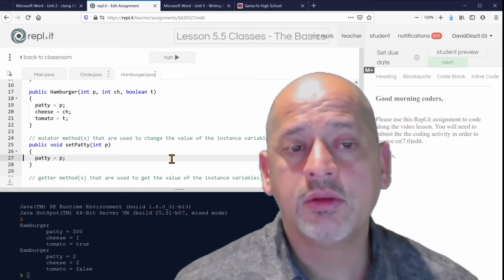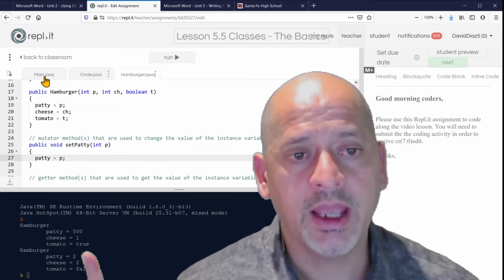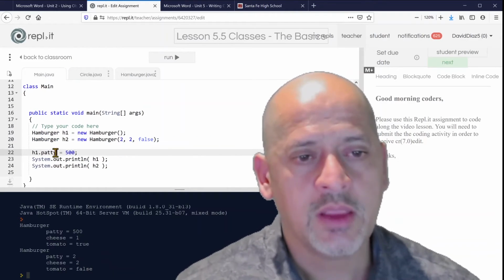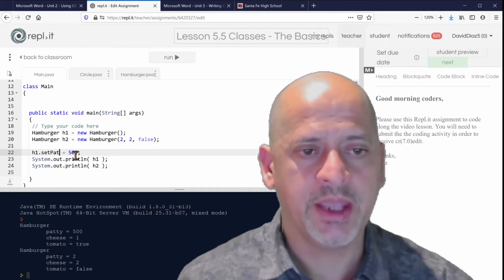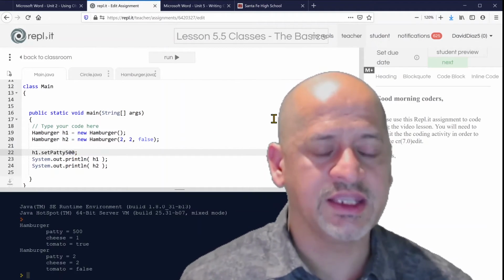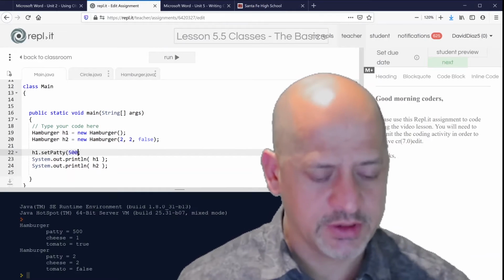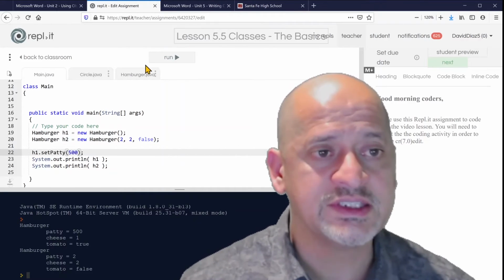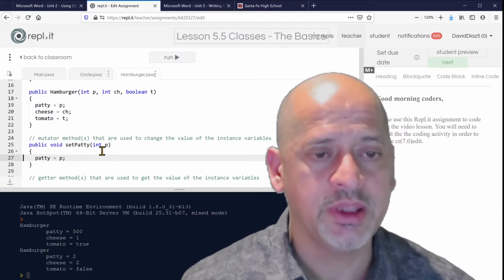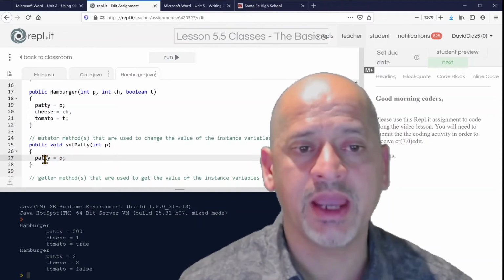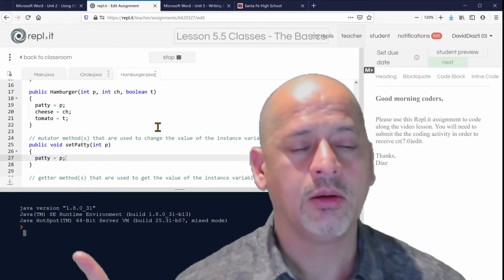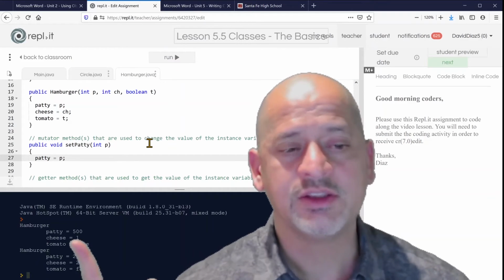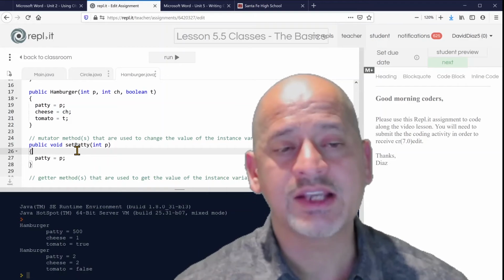But we don't want it. So in this case, if we go back and now we use this, that's going to be a method. H1 is going to be set patty, and we are going to send in the argument of 500. That is going to be received as a formal argument of p, and it's going to replace the patty variable to the value that we send in. And now it's still 500, but now we can actually say,